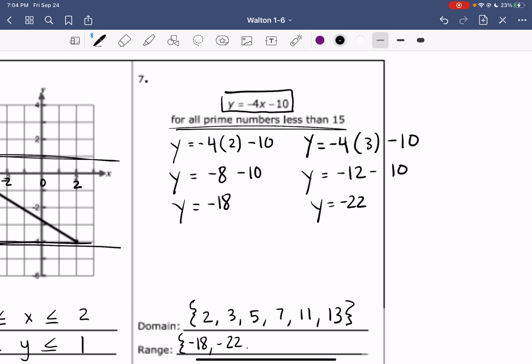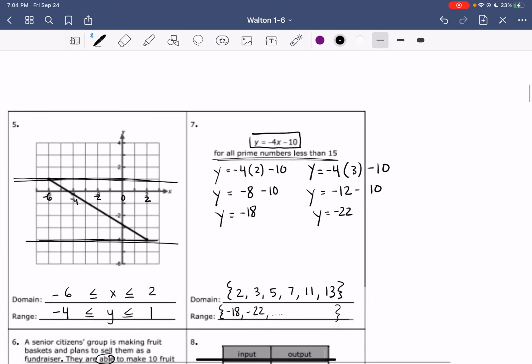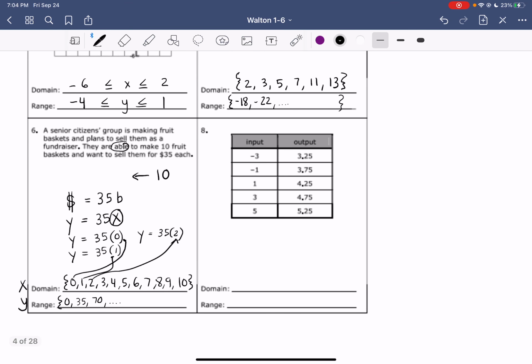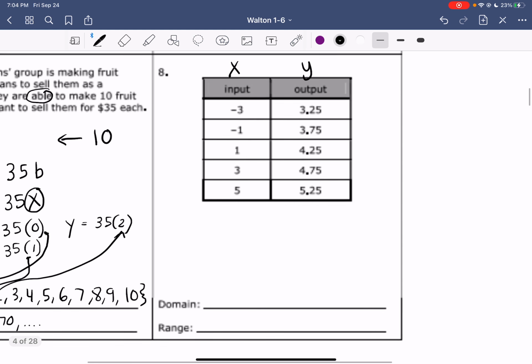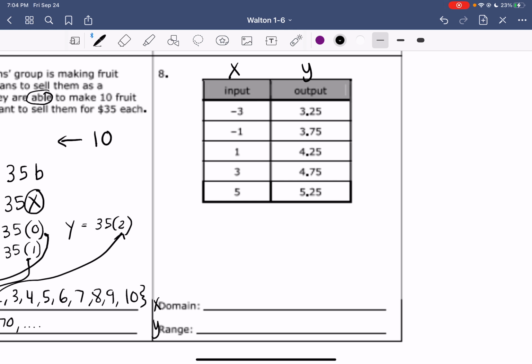So again, I'm not going to do all of these, and you would just continue to substitute in those x values to finish your domain. Finish your range. And then this one here is pretty easy. Since we know our input is our x values and our output is our y values, and we know domain is x and range is y, what we can do with each of these numbers, -3, -1, 1, 3, and 5, we can say each of these inputs goes in our